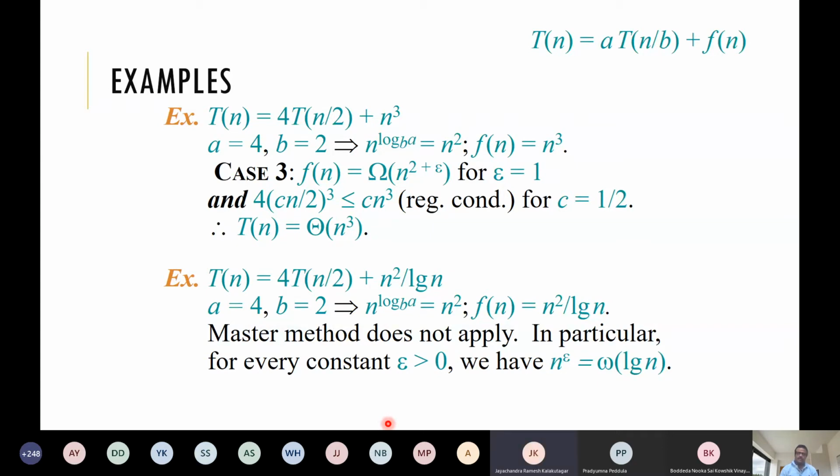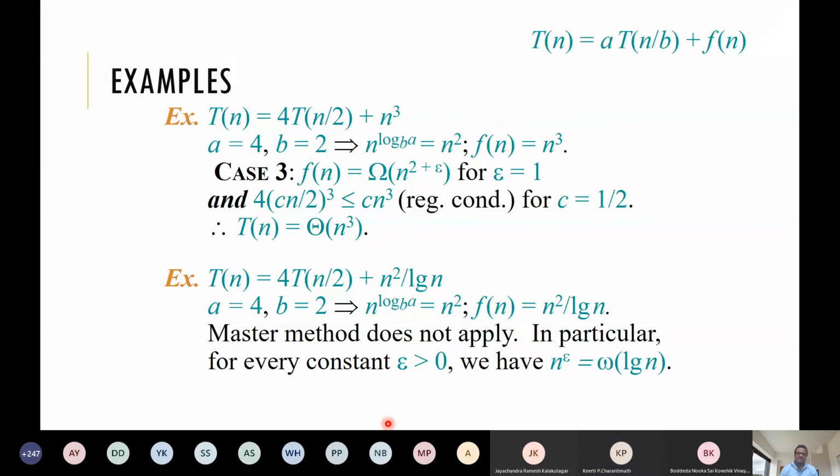k will be 1. But it is divided by log n. It's not multiplied by log n. We cannot write it in terms of that. Can you make it log n to the power half? So that is the problem. So k is -1, but there's a condition that k has to be greater than or equal to 0, so k is not allowed to be -1. So it's not in that form.